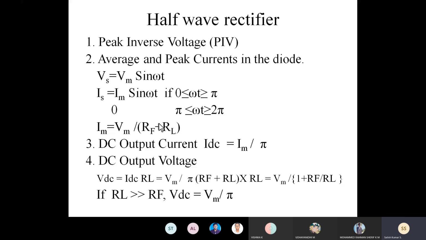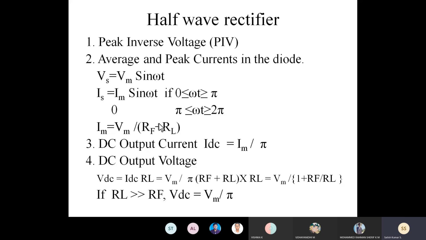2 pi is one cycle complete. F is the frequency, how many times it will be oscillating. So here we are maintaining a frequency of 50 Hz, and some other countries maintain 60 Hz also. So based on that frequency we have to calculate the input supply voltages. Similarly, input current also has to be measured. The input current is IS.